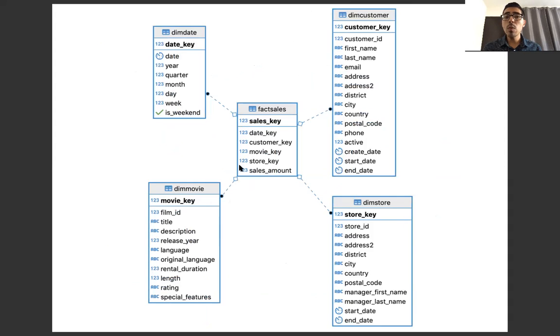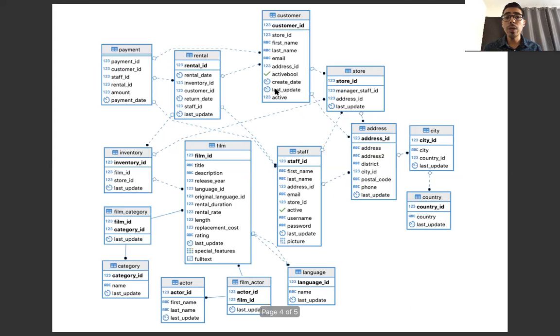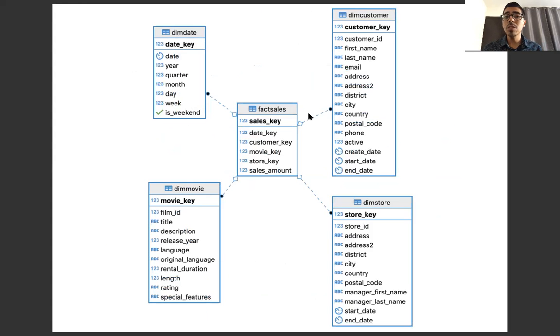So the things that we care about and are going to query analytically, we just denormalize those tables into this star schema. And this process can be done with an ETL. As we saw in the last unit, ETL stands for extract, transform, and load. So basically we're extracting data from the source, transforming it in some way and loading it into these tables, which now become our data warehouse. So I'm going to show it to you in the workspace provided